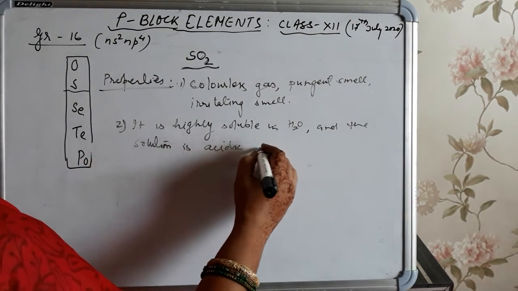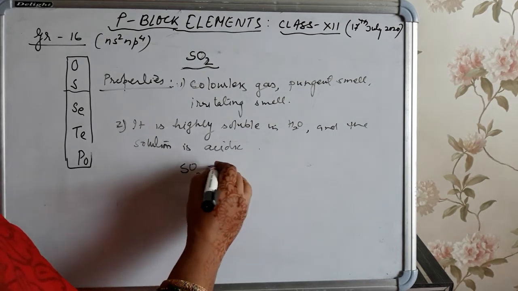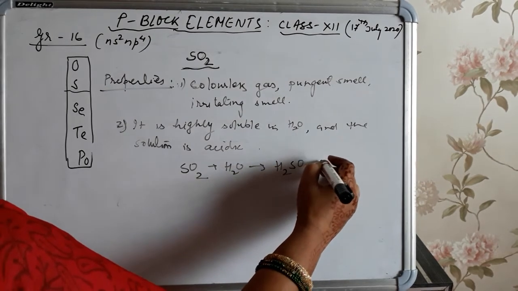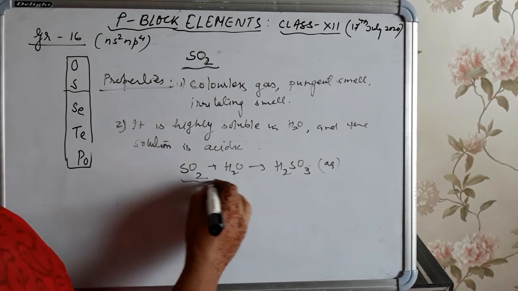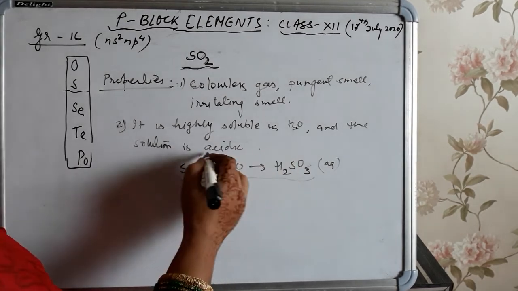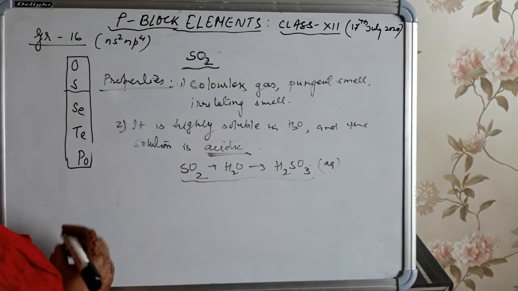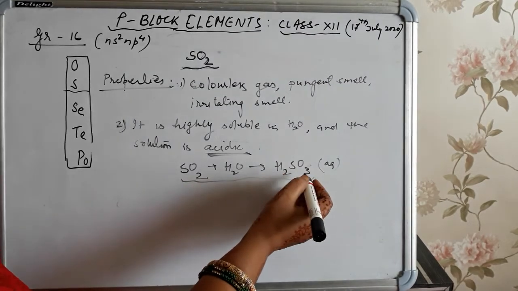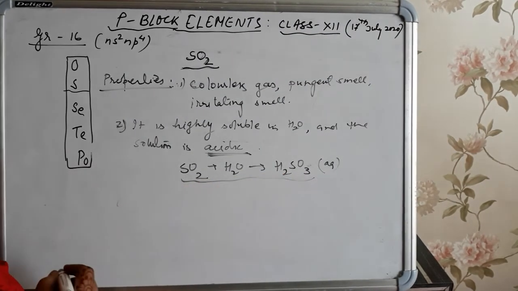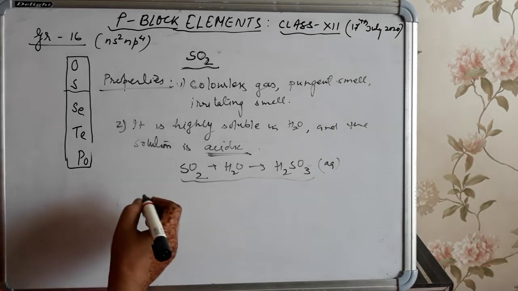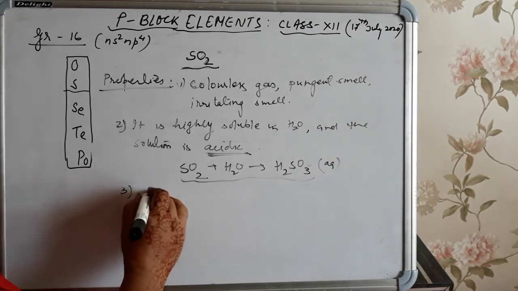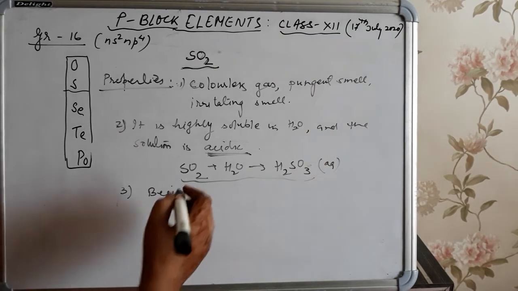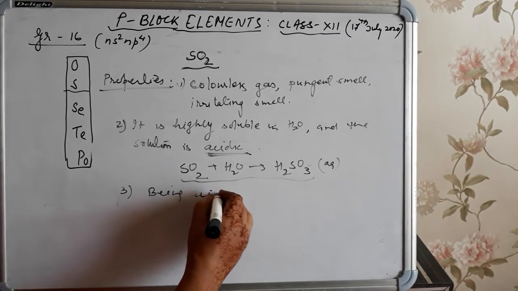acidic in nature. For example, sulfur dioxide, when dissolved in water, forms sulfurous acid, H2SO3. So this shows that it is acidic in nature. How can we show that sulfur dioxide is acidic in nature? Whenever sulfur dioxide dissolves in water, it forms an acid. So you can test this using litmus paper or pH paper. Also, being an acidic oxide,